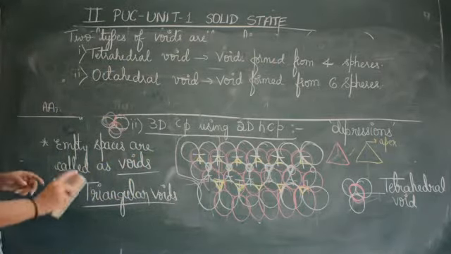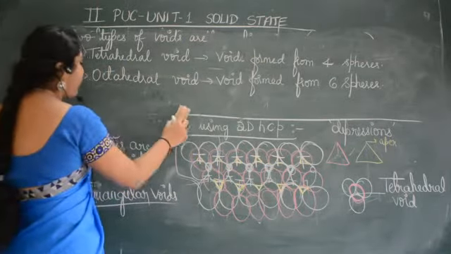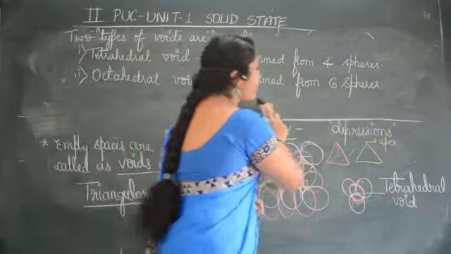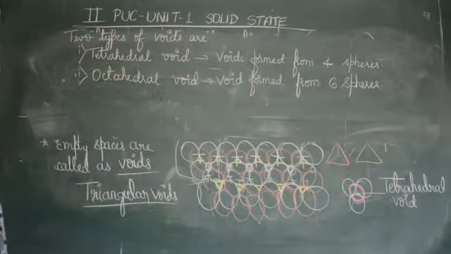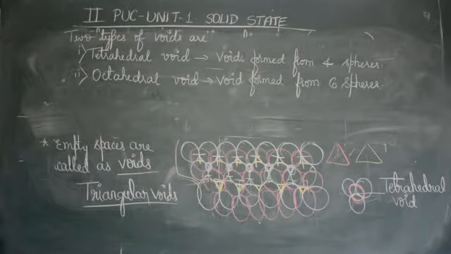And then we will have to see how many voids will be formed, how many tetrahedral voids and how many octahedral voids will be formed is what we need to understand. That I will be explaining now. Now there is possibility that